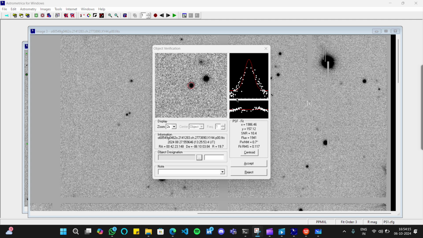But in most cases, the first thing that you have to keep in your mind is linear. It should be moving in a linear way. The second thing is it should be clustered. The white should be clustered with the red lines. And the third thing is SNR, signal to noise ratio, should be greater than or equal to 5.